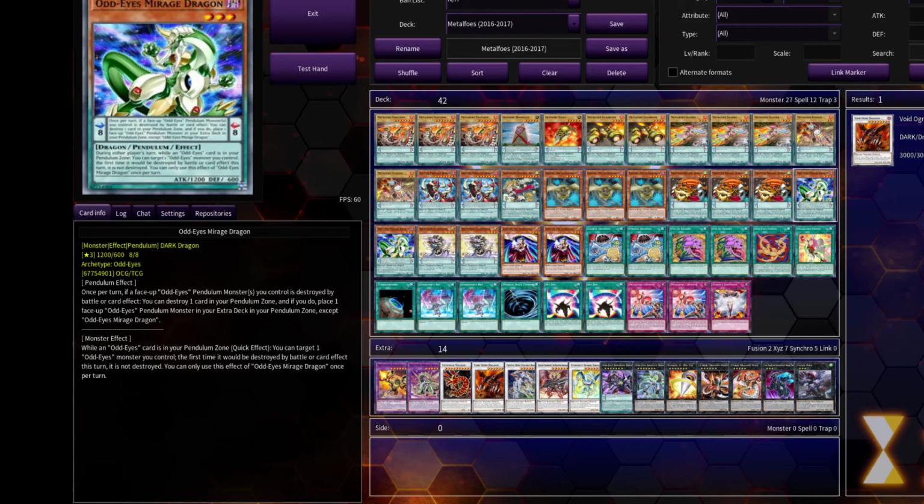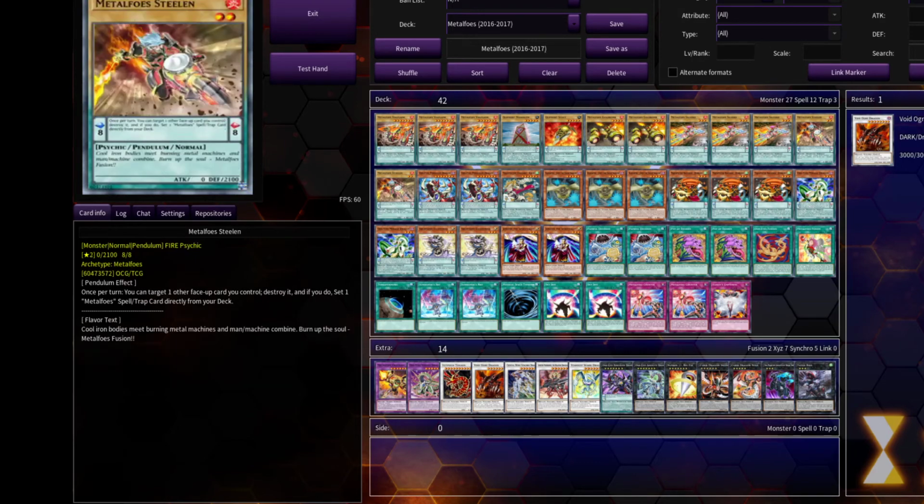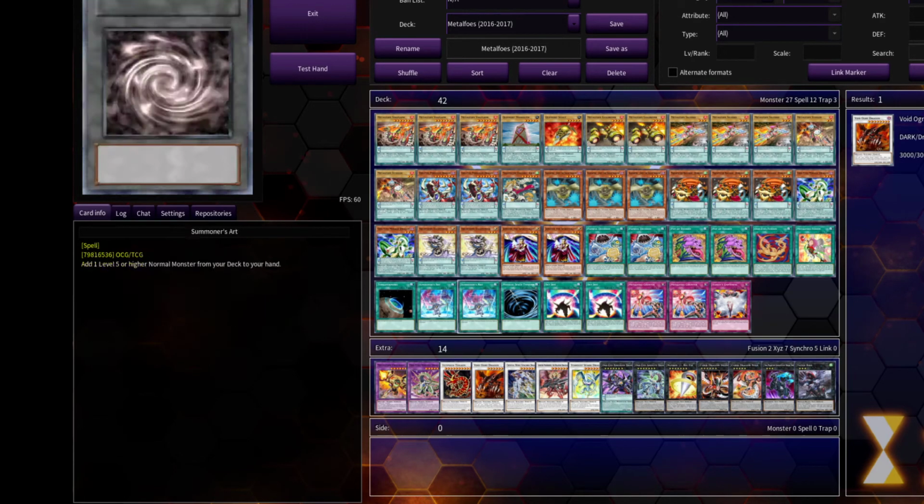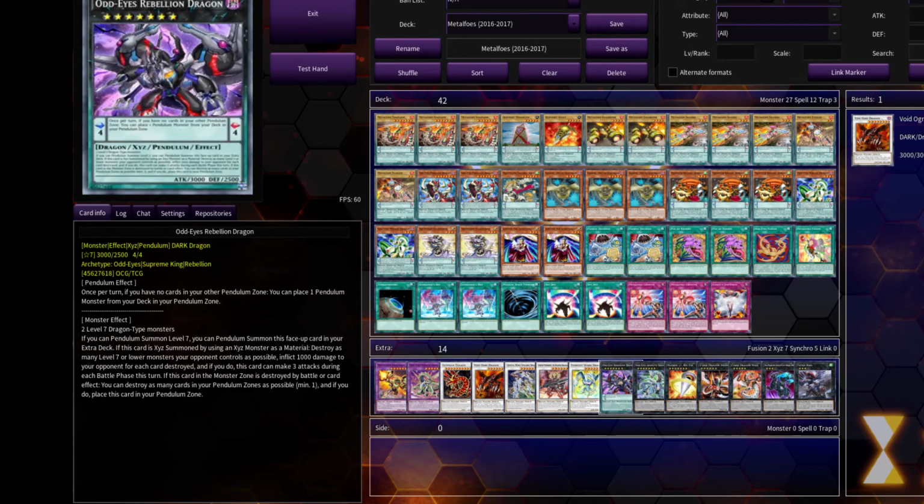For the first time, it would be destroyed by battle or card effect. This turn, it is not destroyed. So basically what you would do is you would summon one of the... You would either summon Odd Eyes Pendulum, which really didn't matter that much. You probably didn't summon this much. You didn't really use it on this effect, or you activate on stuff like Rebellion Dragon